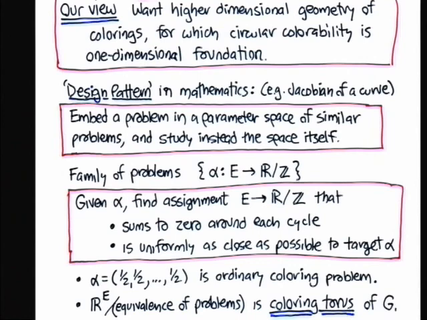The view I'm taking here is, since I'm coming from toric algebra, in a nutshell, what is a toric variety? I mean, the circle is just the simplest torus you can think of. You're modeling the real line by a lattice, a one-dimensional lattice. And in studying other tori, you're just taking higher dimensional real spaces and modeling out by other lattices and so forth. So I'm thinking that this theory of circular colorability is like one variable calculus, and I would rather be doing multivariable calculus or